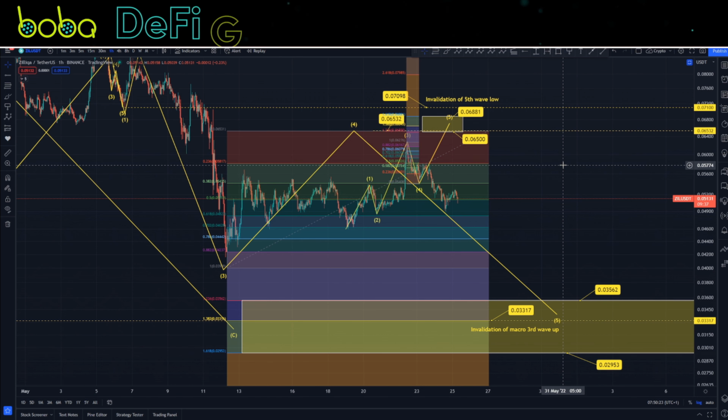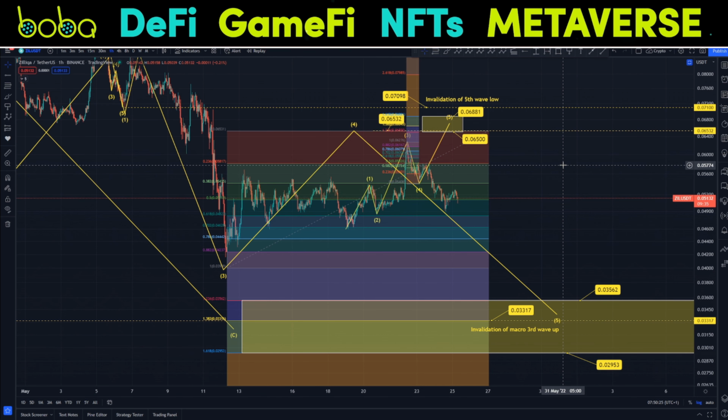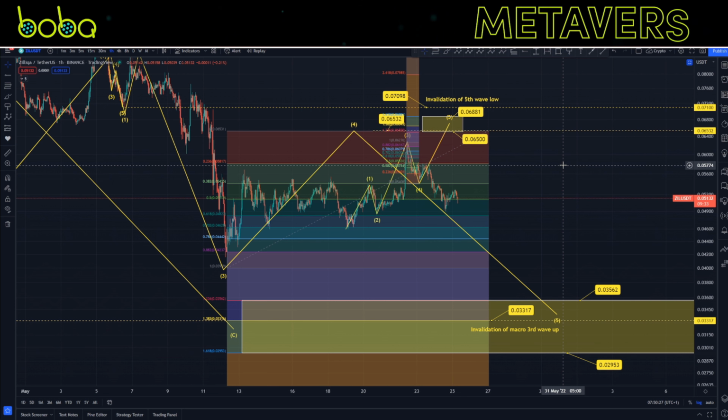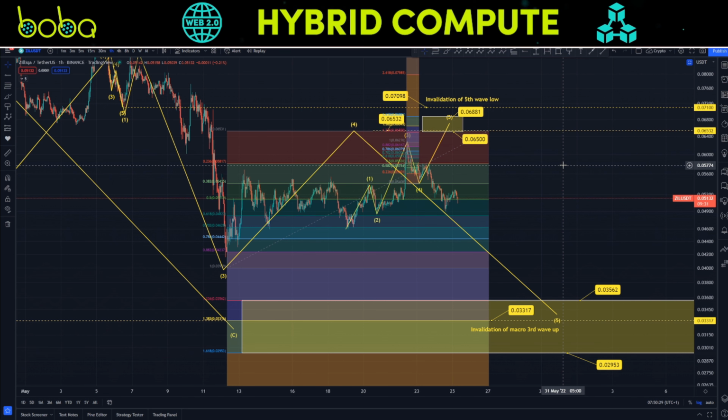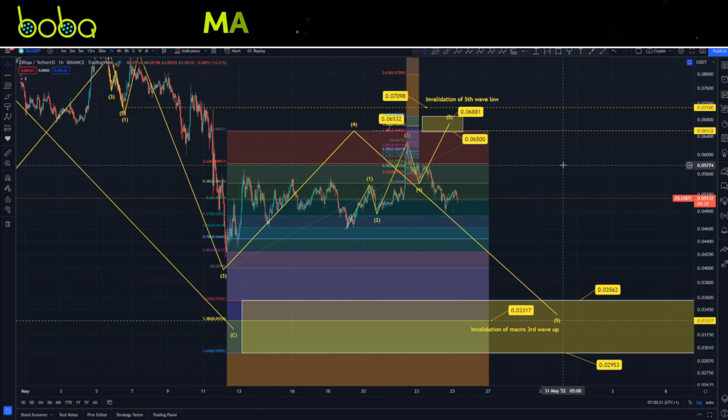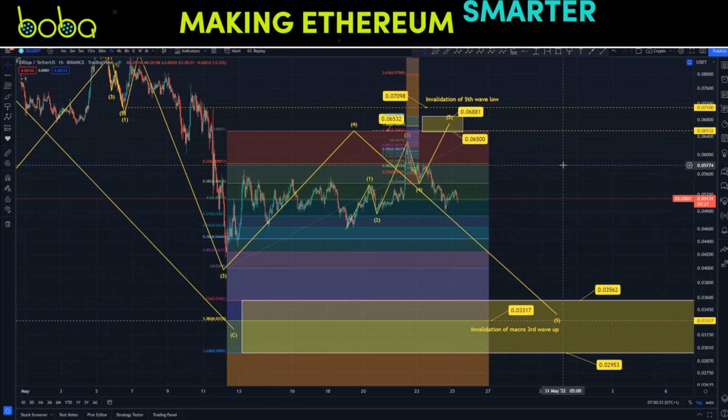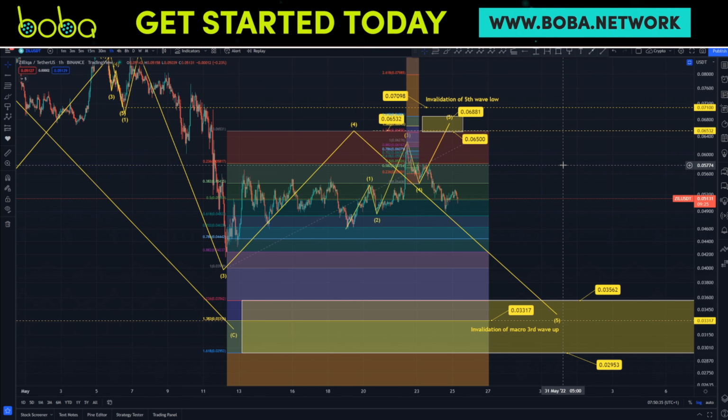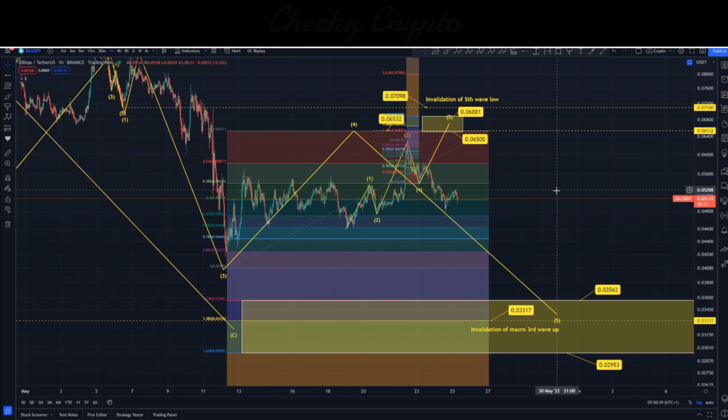Okay guys, let's waste no more time. Let's jump right down into Zilliqa here, right? Zilliqa paired up with USDT on the hourly chart. Binance is the data source. Now straight off the bat, we obviously made some assumptions previously and it hasn't held up. So we can now revise what I spoke about a couple days ago and really take stock of